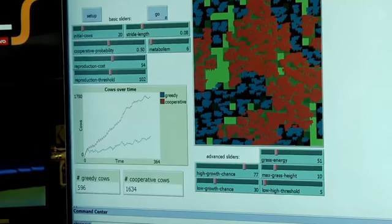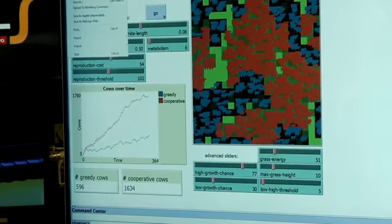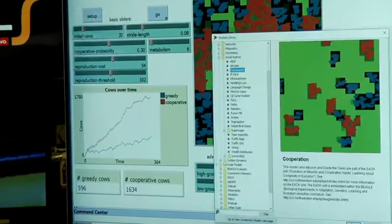And we can model that. And so I'll show one other model here, and then I want to show some things that my